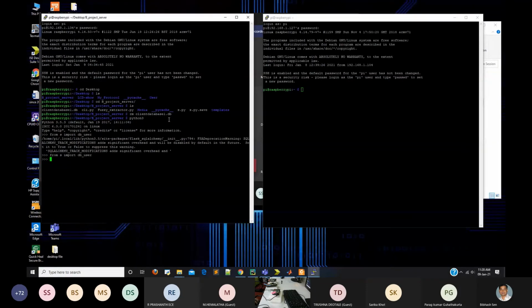So using SQL Alchemy, I am importing the database for the server, and I will create the instances for the server. So the database creation is done. Now I will enter data, the challenge response pair of the PUF that is designed with the IoT device, and I will enter it into the database of the server.